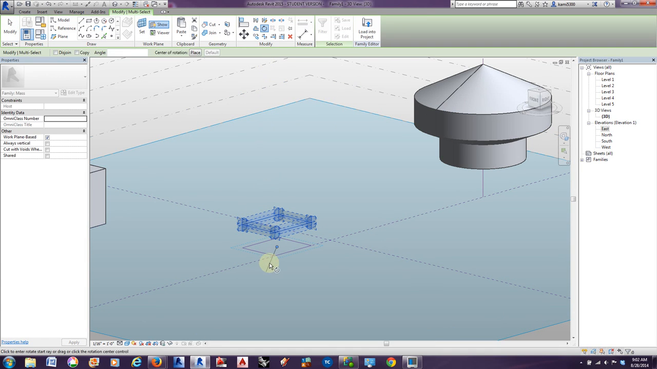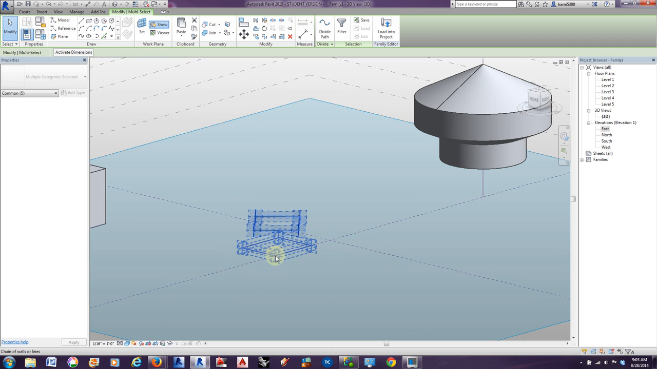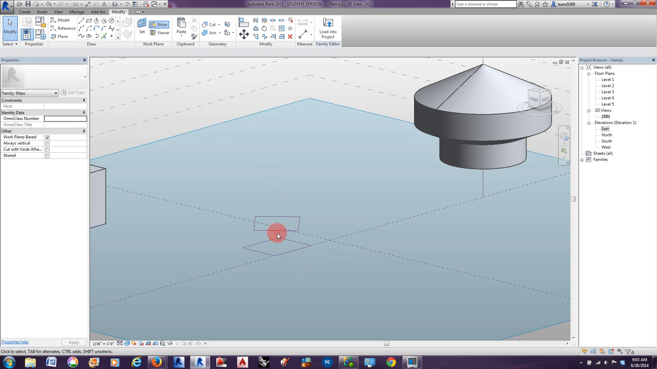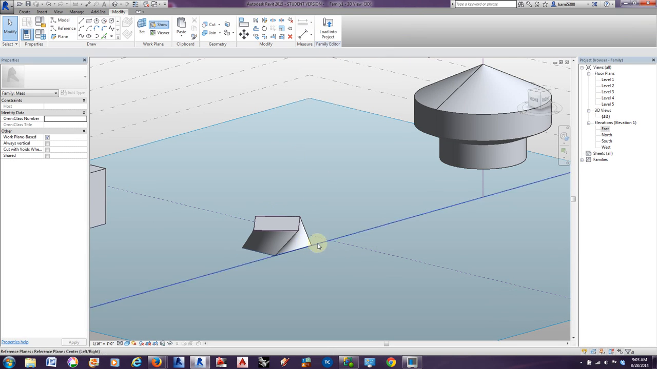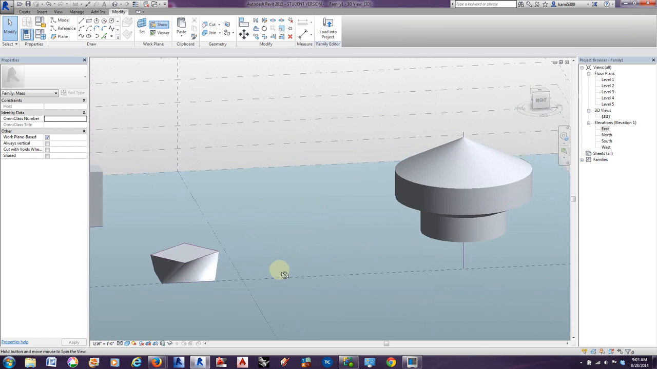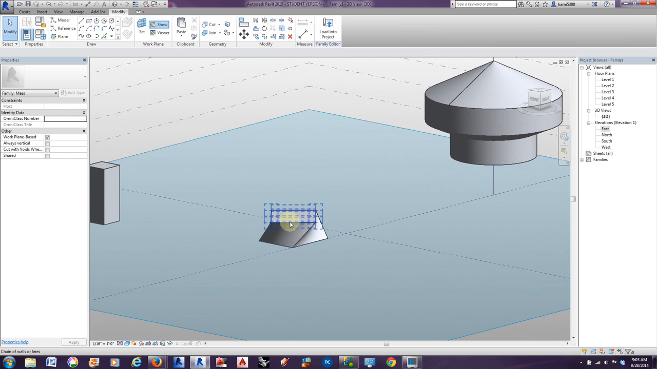And I can rotate it, and then with my control button I can select both of these, and create a form. And again,